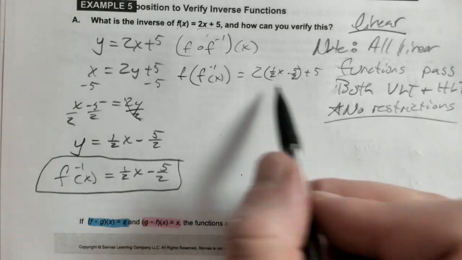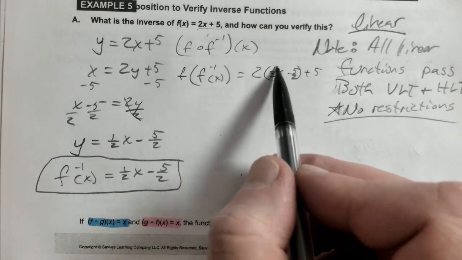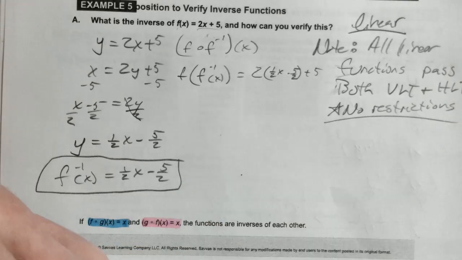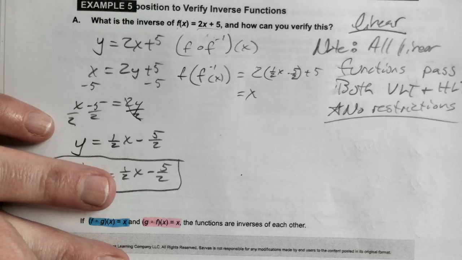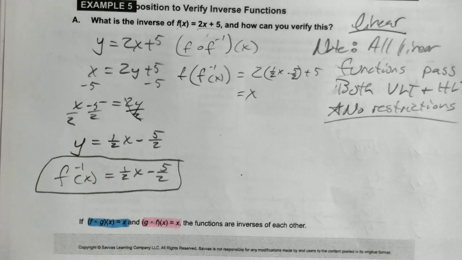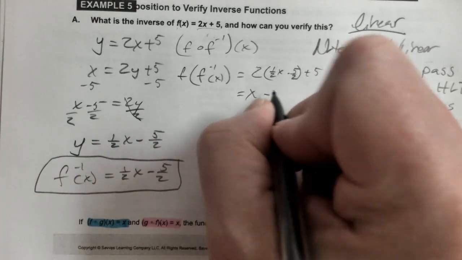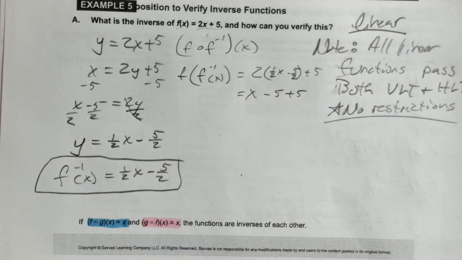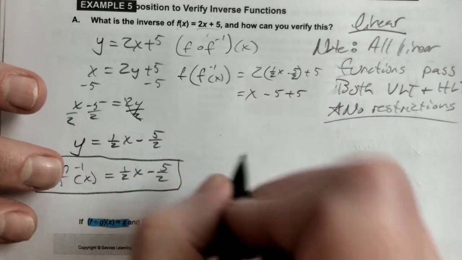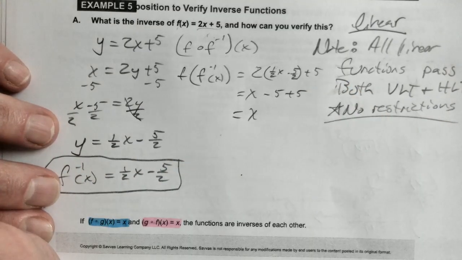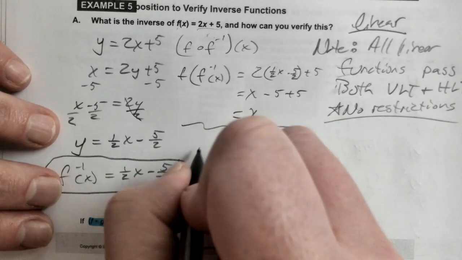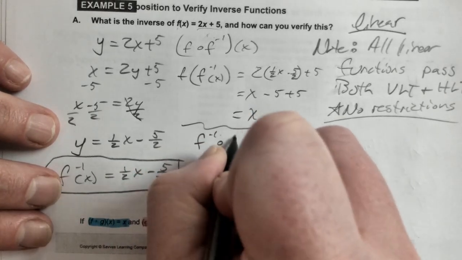Now when I go simplify this on the right hand side, I'm going to distribute the 2. 2 times 1/2 is 1. What's 2 times negative 5 halves? Negative 5. So x minus 5 plus 5. And negative 5 plus 5 is gone. And what are we left with? Just an x. I can also say f inverse composed with f